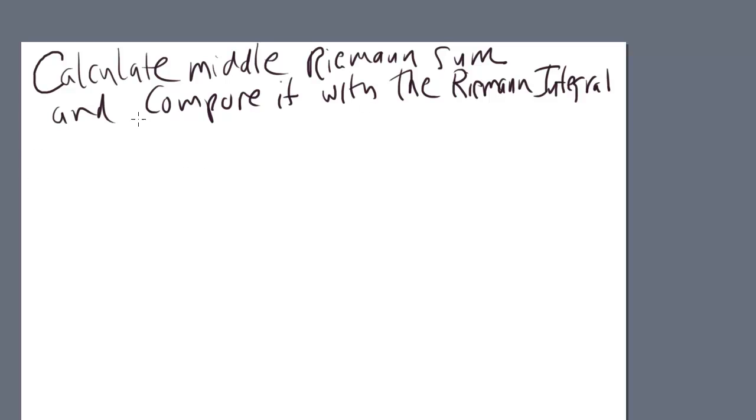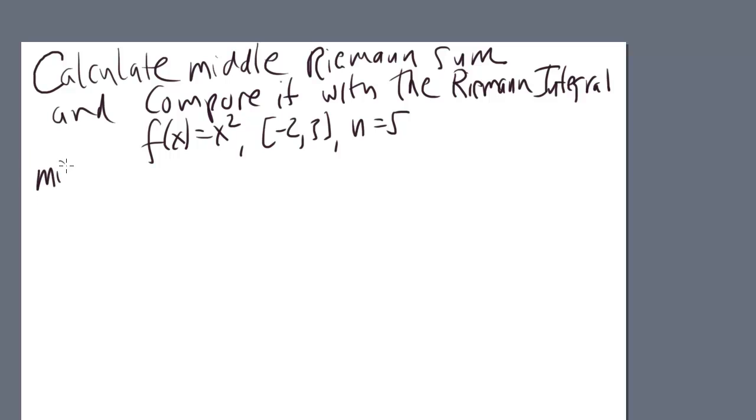And again, we're going to use f of x equals x squared on the interval -2 to 3 with 5 subintervals. So we said that the middle